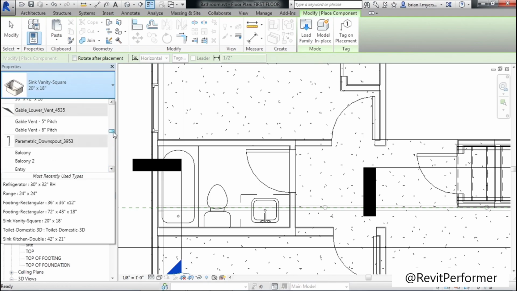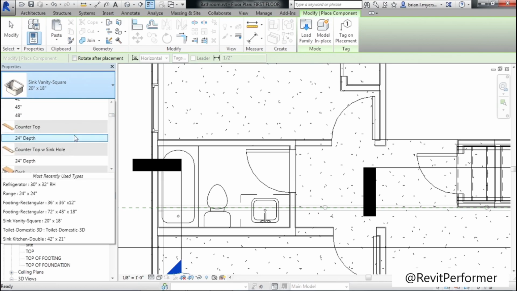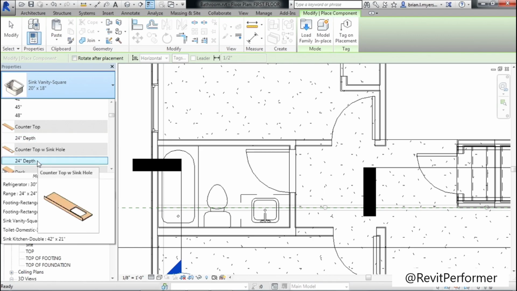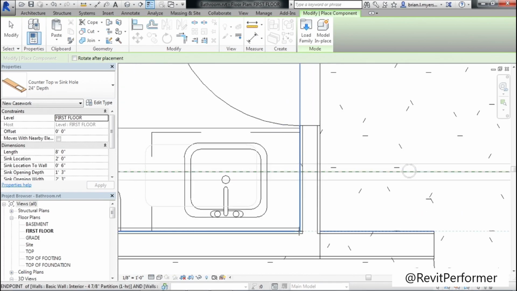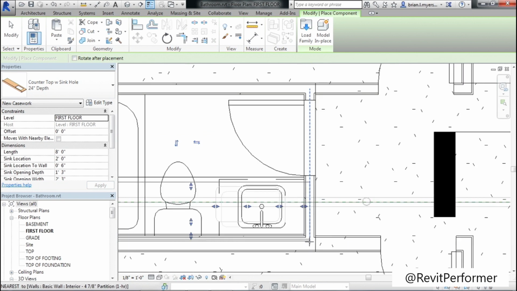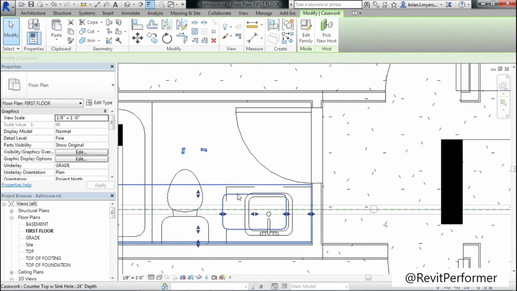And we may need to scroll either up or down on the list until we can find our countertop. And we want to pick a countertop that has a sink hole in it. So select the 24-inch depth underneath with sink hole. You'll need to hit the space bar to rotate that countertop around. Then place the countertop in this location, and then click for placement. The next thing that we'll need to do is to adjust where the